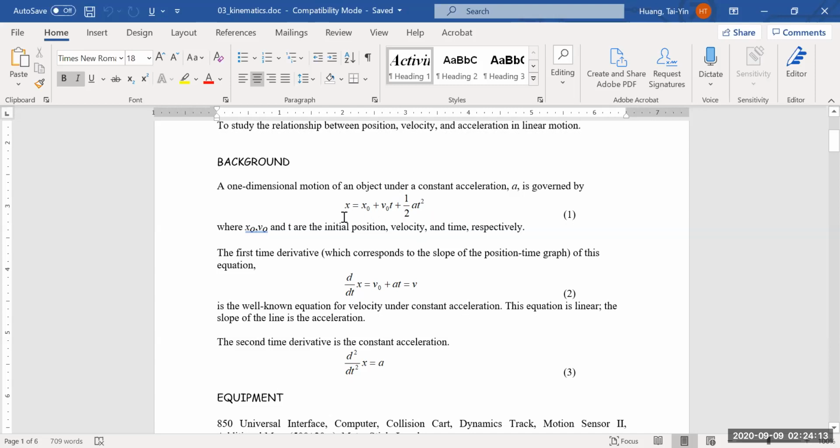The first equation relates the initial position to the final position: you have the initial position plus initial velocity times time plus 1/2 at squared, and this will give you the final position. The second equation is that final velocity is equal to initial velocity plus acceleration times time. And the third equation is that acceleration is a constant. So for constant acceleration motion, these three equations describe how the object changes position and velocity